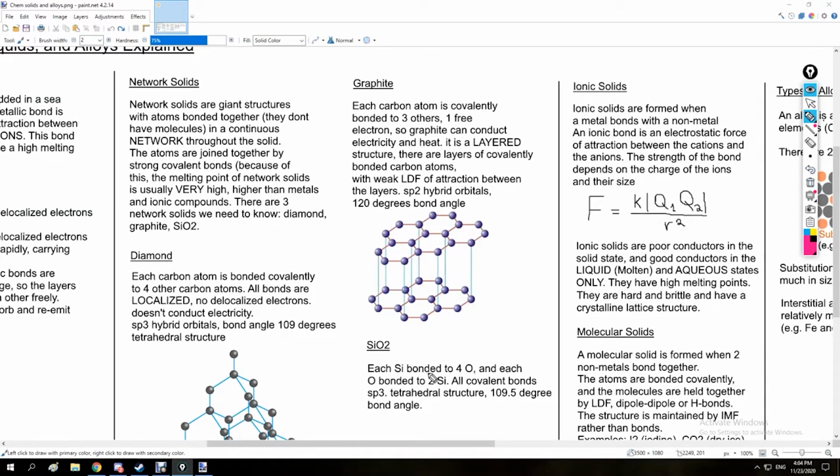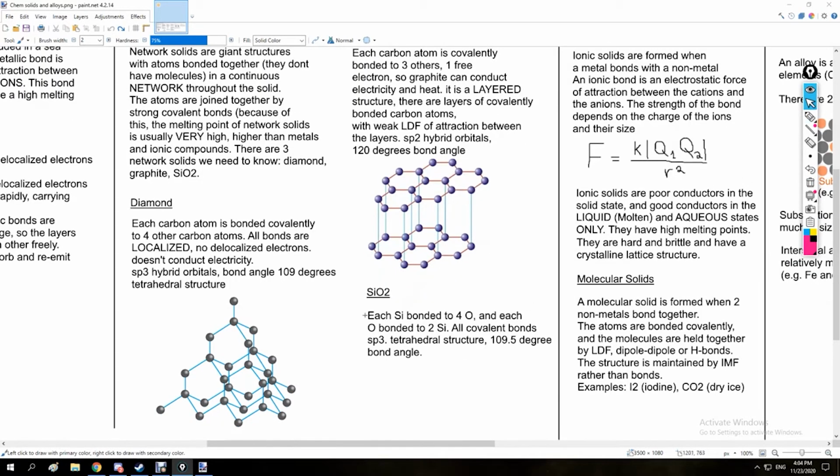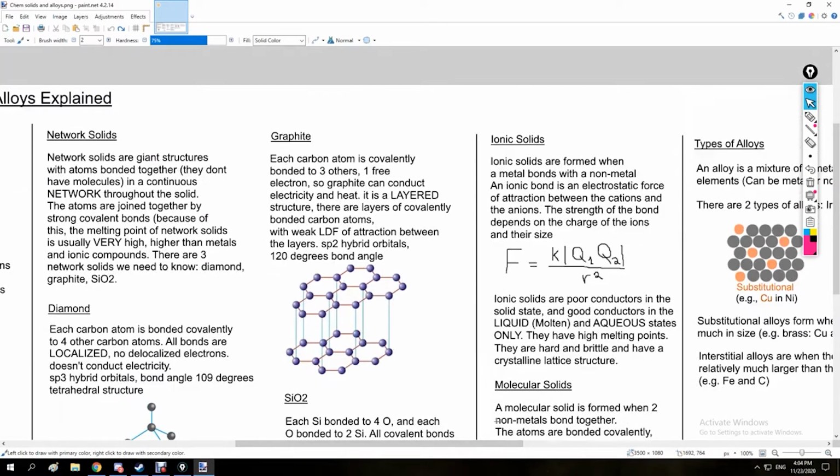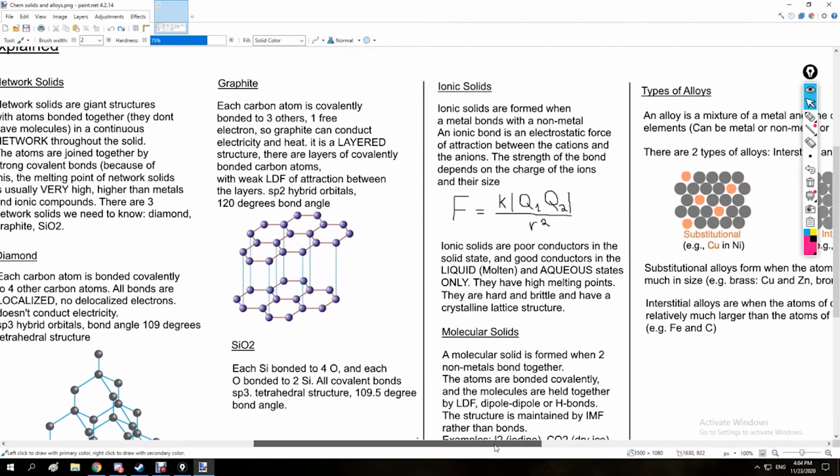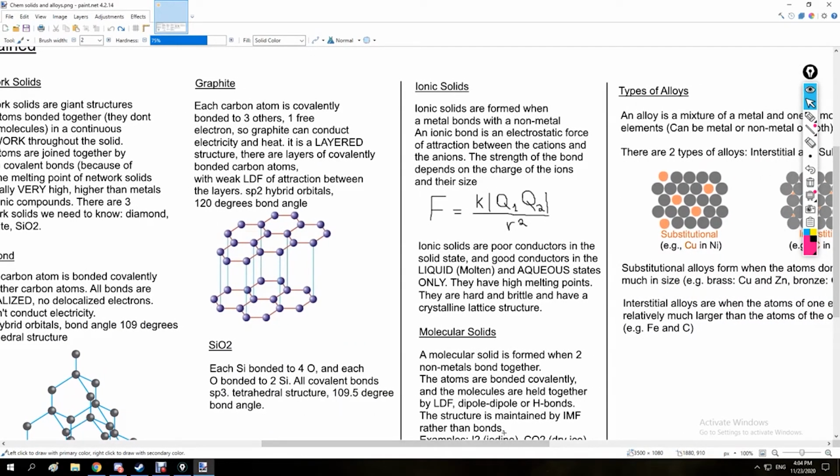In SiO2, each silicon atom is bonded to four oxygens, and each oxygen atom is bonded to two Si. So you might ask, why do we write it as SiO2 and not Si2O4? That's because SiO2 is the simplest form of the ratio of silicon atoms to oxygen atoms, which is 1 to 2, so SiO2. So next kind of solid is ionic solid, and an ionic solid is formed when a